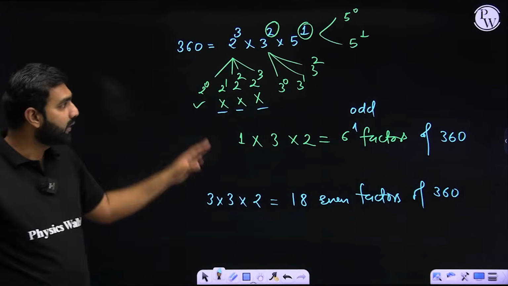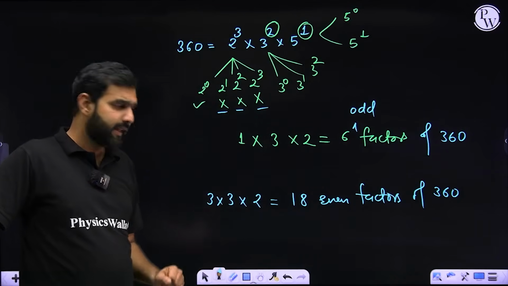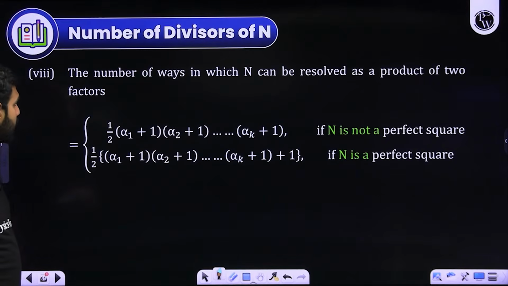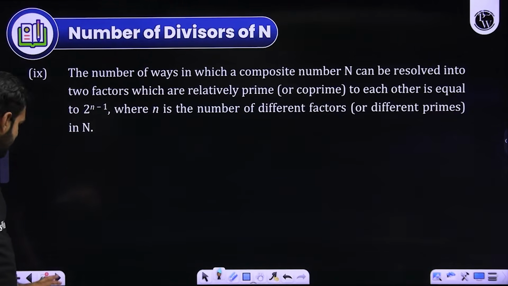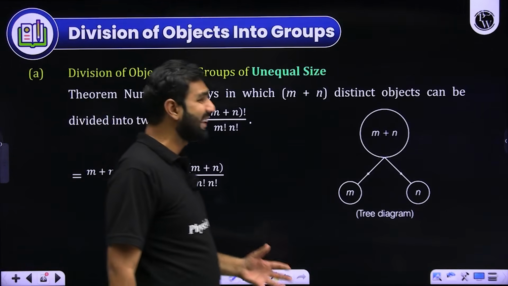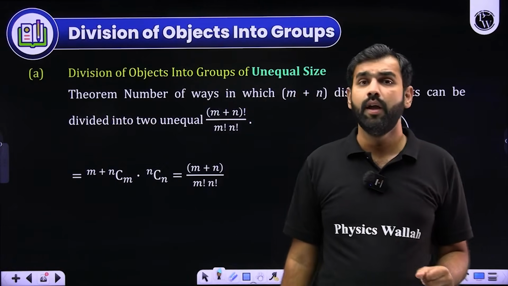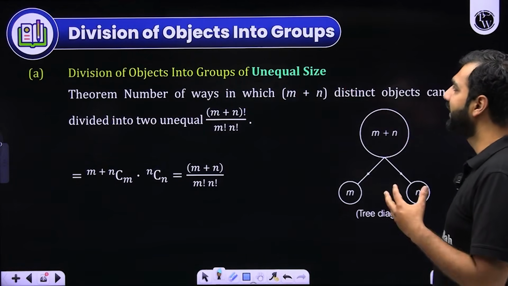Did you understand this part as well? Are you able to make some sense out of it? The same formula they have given you over here. So I think you need not worry about these results. Right. Now let us move towards the next set of rules or formulas, where we'll talk about division of objects